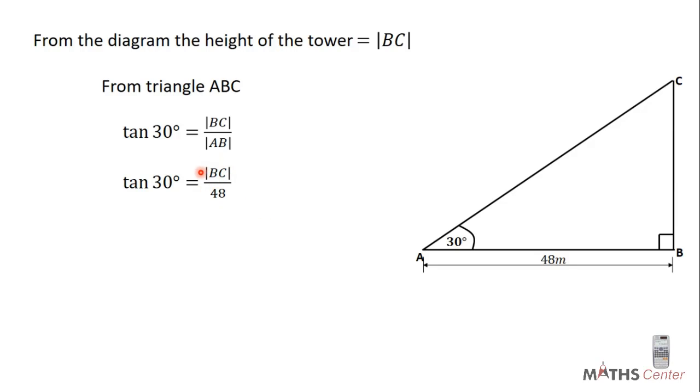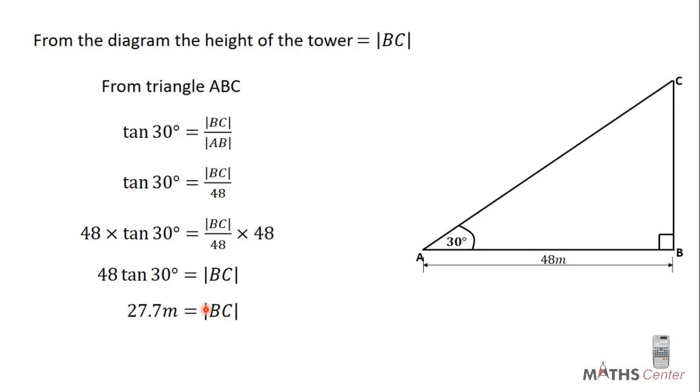We are going to make BC the subject, so I'll multiply the left hand side by 48, I'll multiply the right hand side by 48. So 48 and 48 will cancel out. So 48 tan 30 degrees is equal to BC. Remember, the question said we should correct our answer to one decimal place. So find 48 tan 30 degrees on your calculator and correct your answer to one decimal place. And that will give us